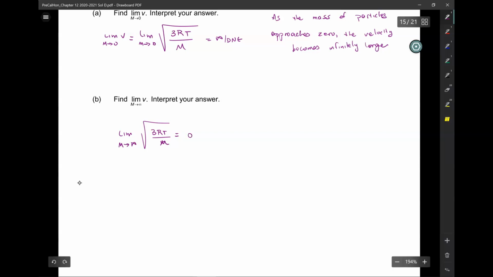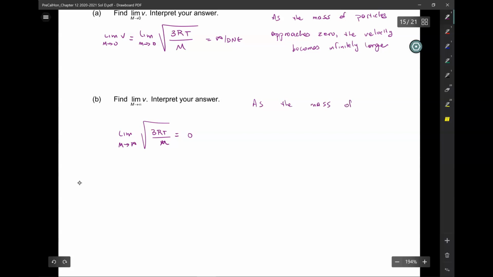Everybody gets 0. Tell me what that means in words. As the mass of the particles approaches infinity, the velocity becomes 0. Exactly. So as the mass of the particle gets infinitely large,